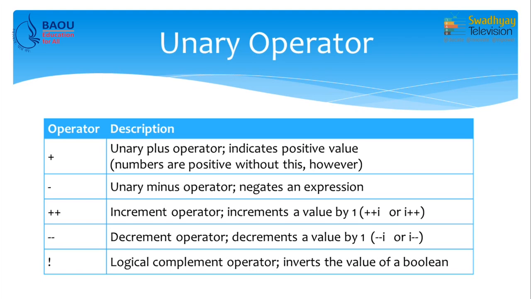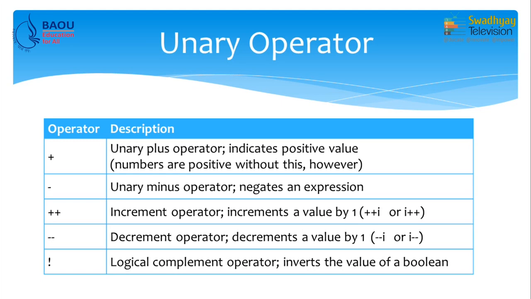Now, you can see on screen that first is plus plus i. So, i is written after plus plus. So, this kind of notation for the increment operator is called prefix increment operator, and in the second case we write i and then plus plus. So, this type of notation is called postfix increment operator. Now, what is the difference between these two? Plus plus i immediately increments i by 1 and that value is used in the expression, and in case of i plus plus the value is incremented by 1, but it will be used next time you refer to i.